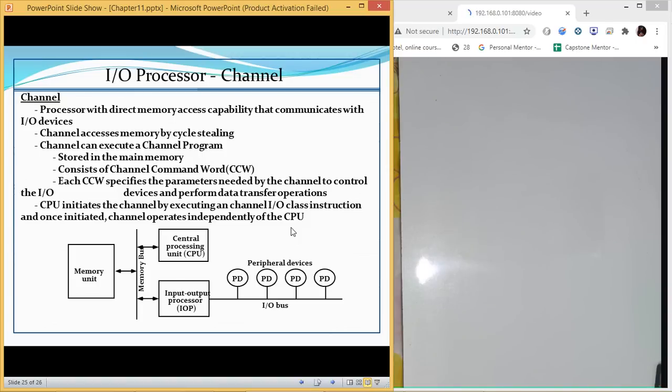So the new improvement they made was, instead of using the CPU to perform the input output processes, they introduced a new processor which is capable of performing input output operations.